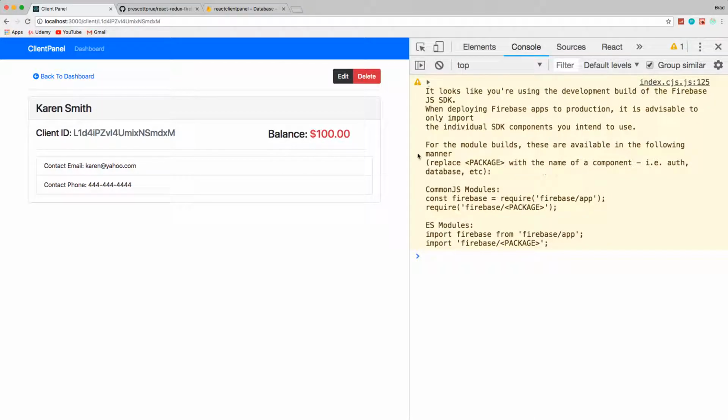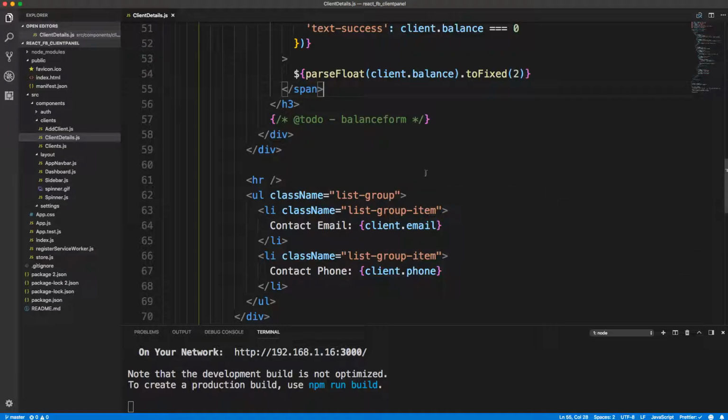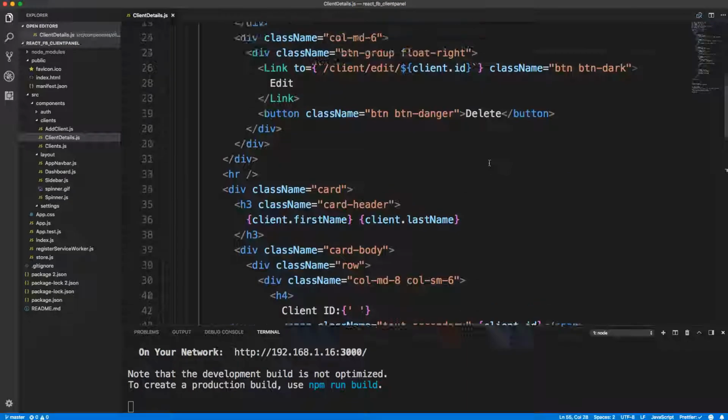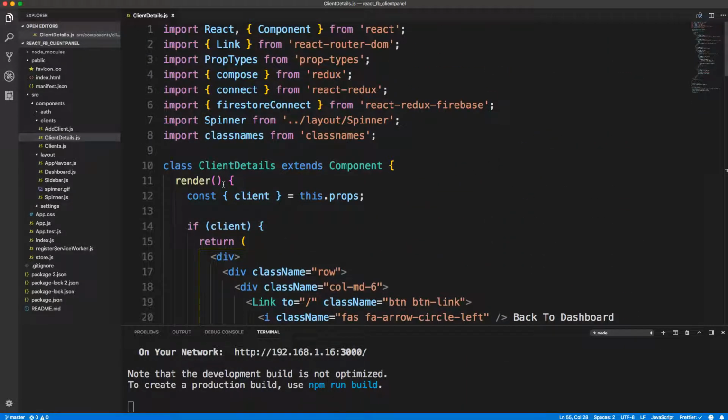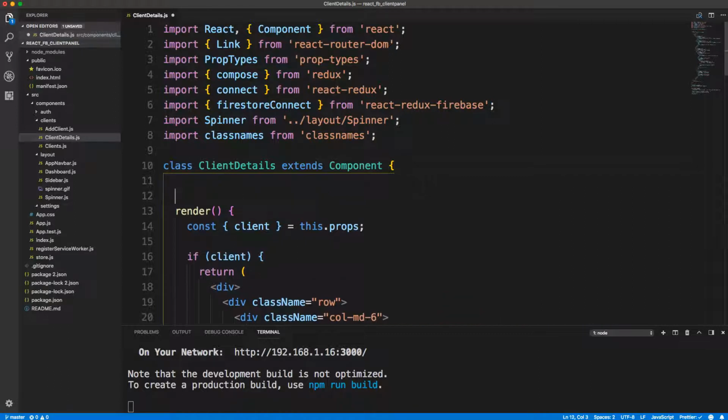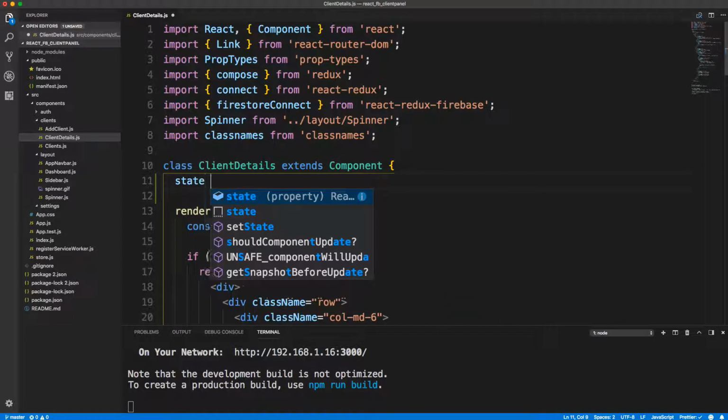All right, guys, so what we want to do now is have a little icon here to click, and then a little input will show underneath where we can change the balance. So in order to do this, we're going to have a little bit of state to control whether the form is shown or not. So in our client details, we're going to add right here state,